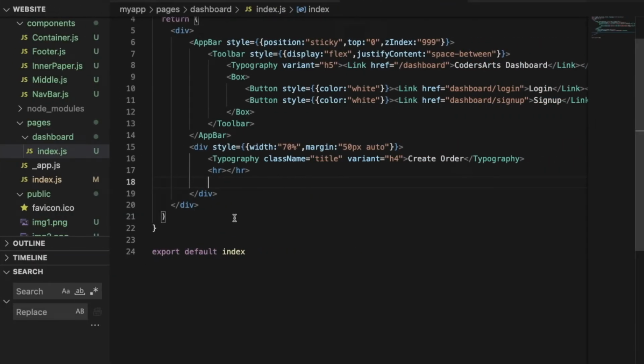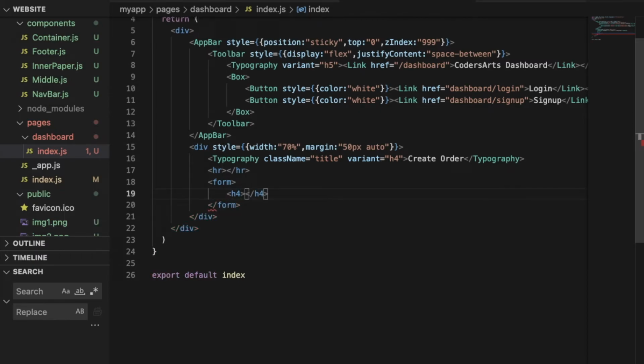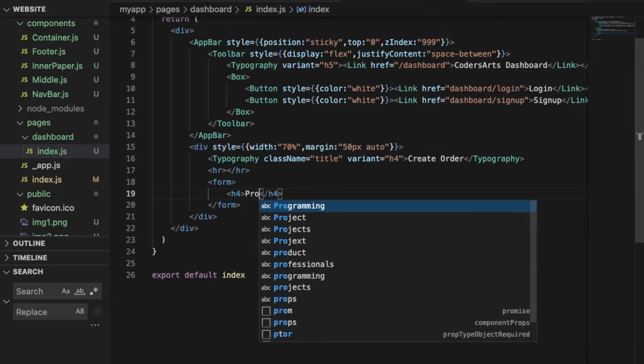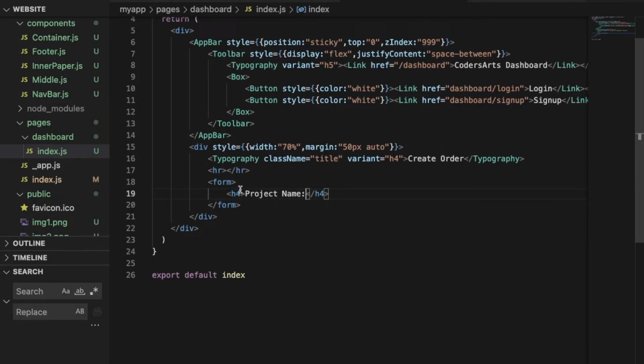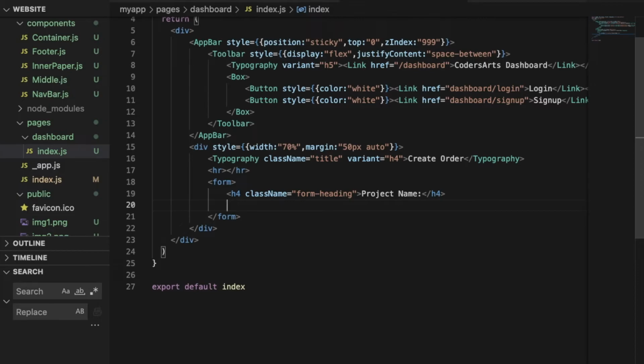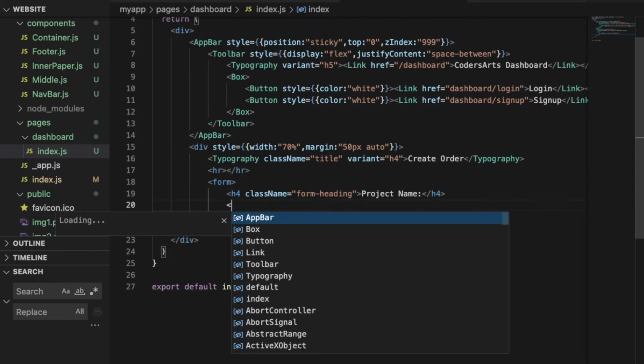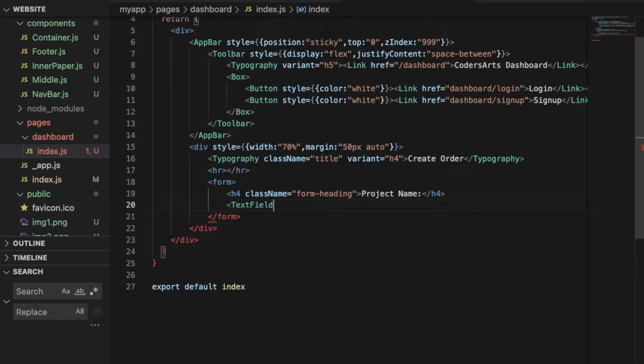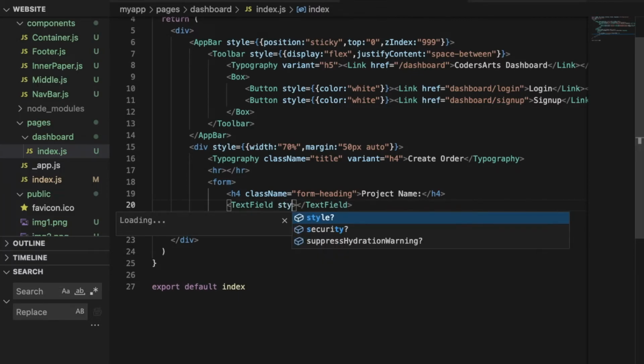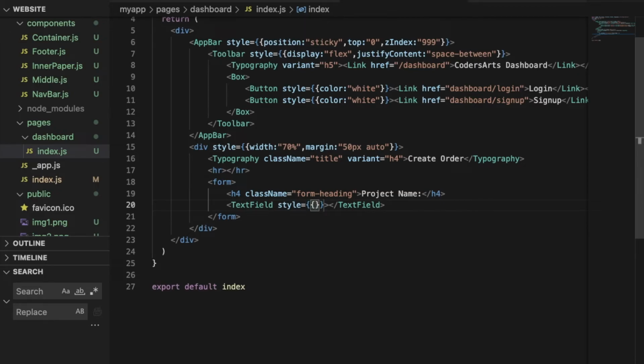So we'll say form, and in this we'll first of all have a h4 tag, which will say project name, we'll say class name, form heading, and beneath this we'll have text field of material UI, so you can type this and it will be imported, and this text field would have style as width would be 100%,